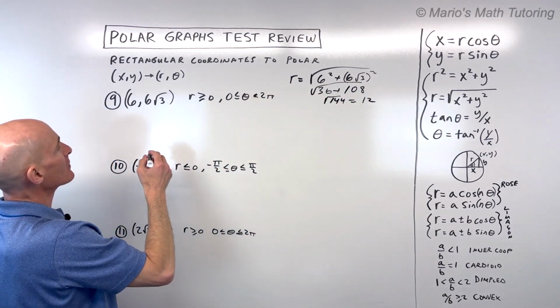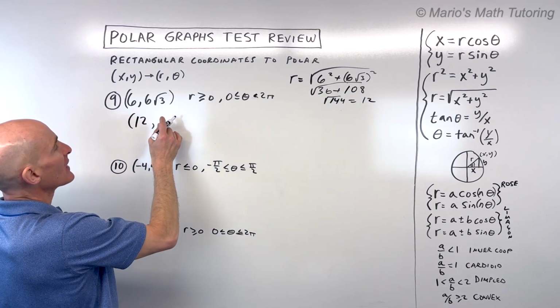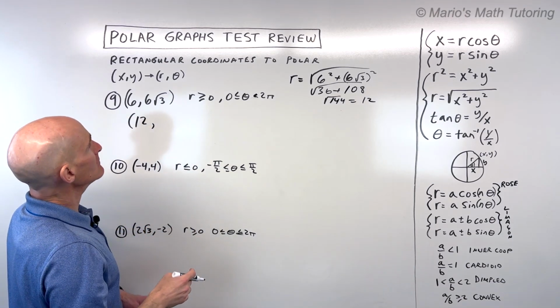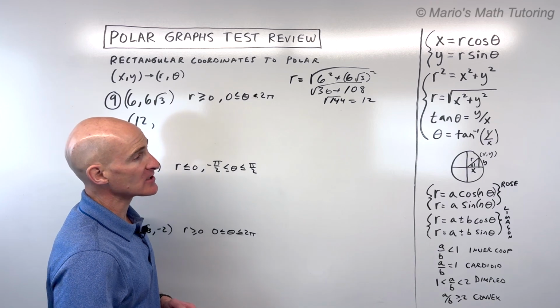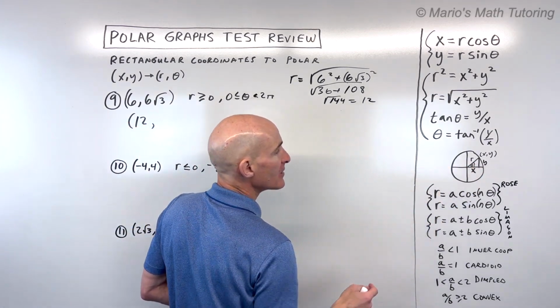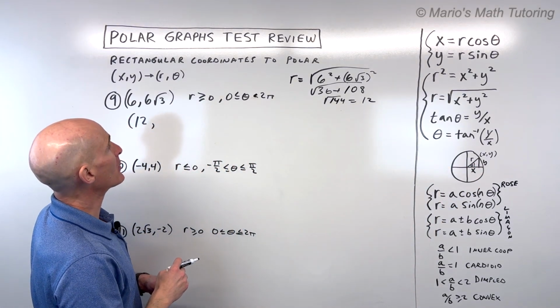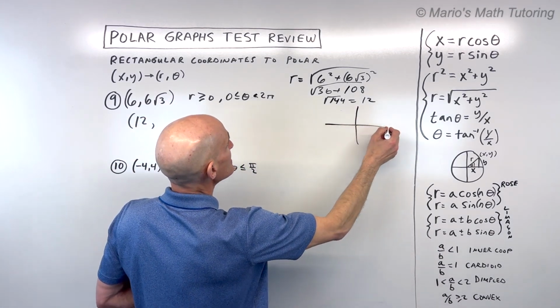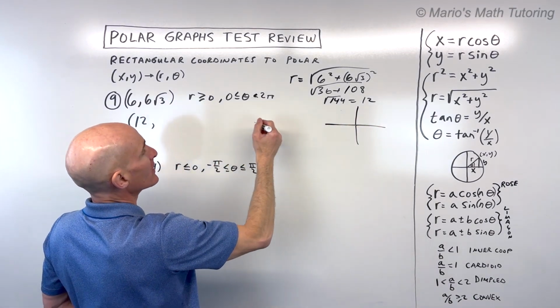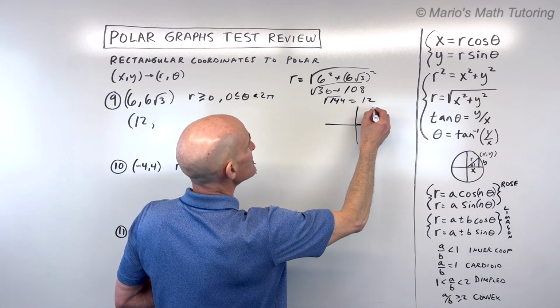Okay, so that's our radius. Now our angle, theta, we can use this formula right here. Theta is the tangent inverse of y over x. Again, this comes from this triangle right here, if you want to understand that a little bit better. Sometimes what I like to do is graph it, and so what I would do here is I'd say, okay, I'm going right 6, up 6 root 3,